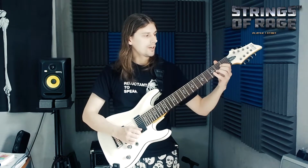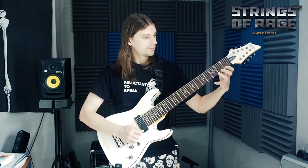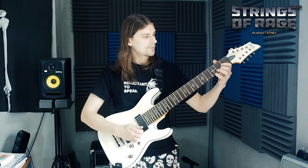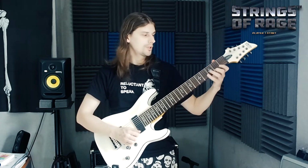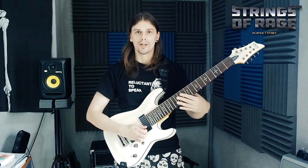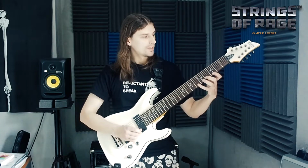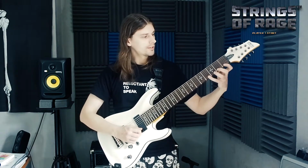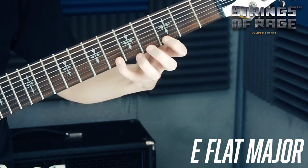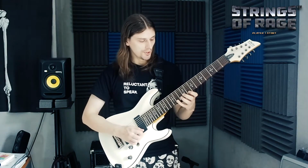We're going to be having the D flat major chord, which is the root note is at the 2nd fret on the B string, and we're only going to play this once rather than twice like the others. And then we're going to move up to the E flat major again, so we get this, and then move up to the A flat major,